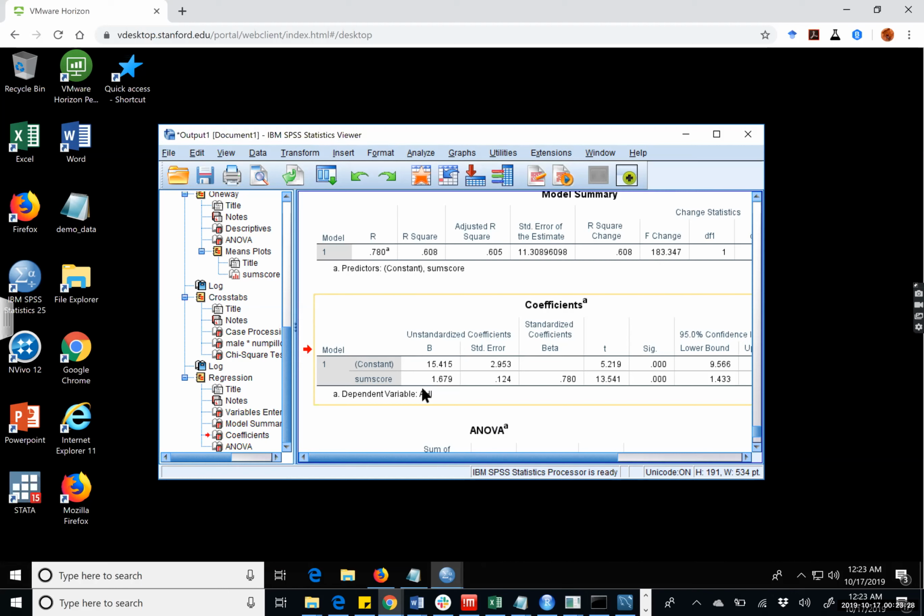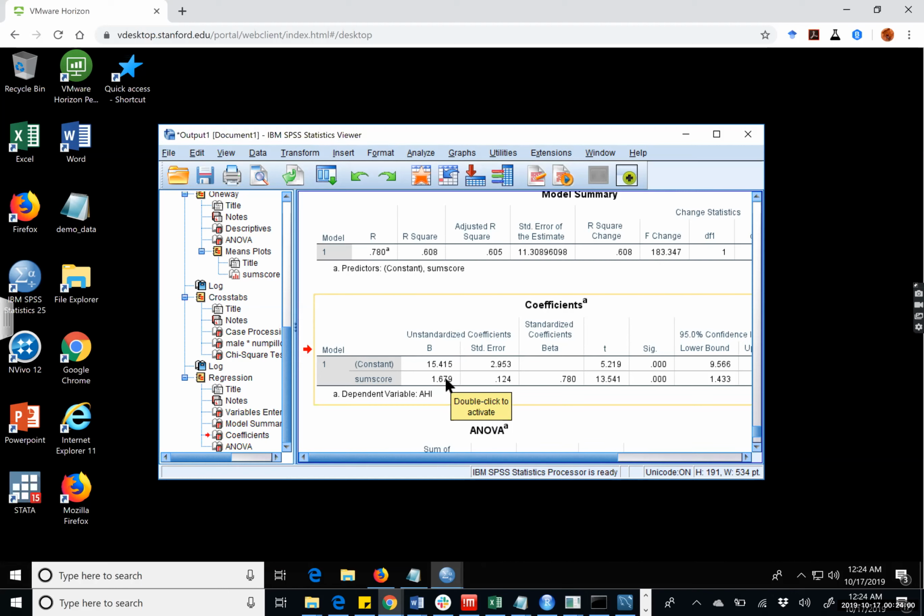So for instance, we know that if an individual had a sum score of 0, then our associated guess of what their AHI would have been is around 15. Conversely, this coefficient on sum score corresponds to a slope coefficient, meaning that as an individual reports higher and higher sum scores, they're more likely to